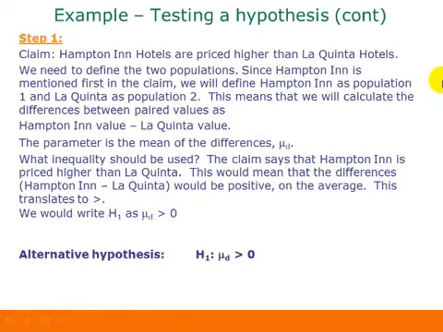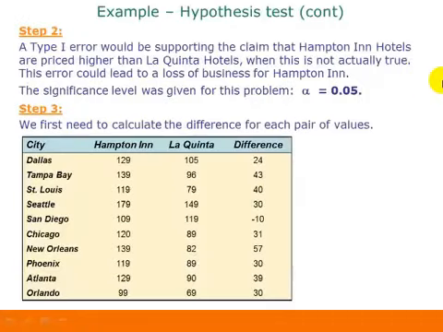So here's our alternative hypothesis. H sub 1 is that mu sub D is greater than 0. For our null hypothesis, we just replace the inequality with an equal sign, so we get mu sub D is equal to 0. Now for step 2, if we think about a type 1 error, this would be supporting the claim